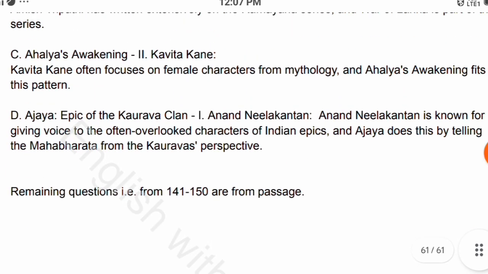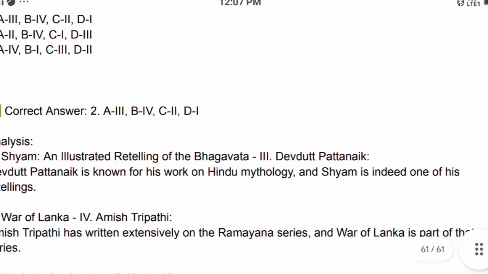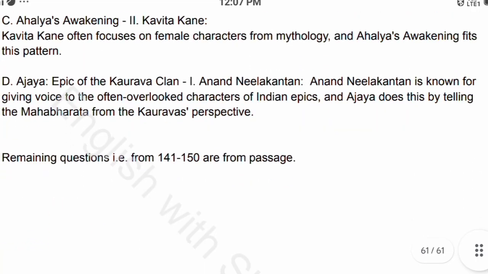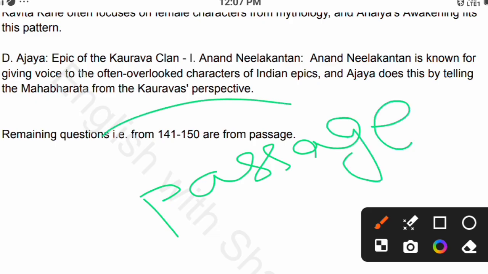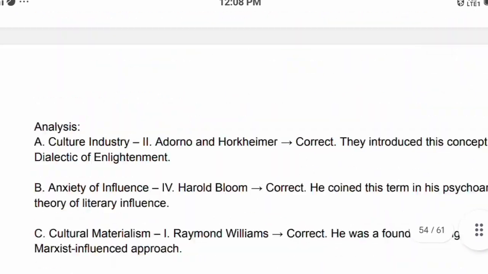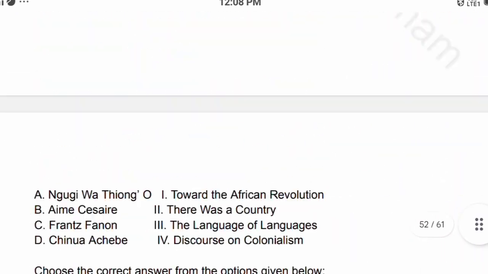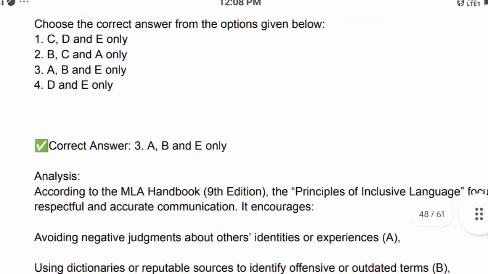Okay, so 140 questions we have done. The remaining questions, 141 to 150, you know, are based on passages, so that is why I have not brought them. I have mentioned here that the remaining questions, from 141 to 150, are passage questions. So no need to solve those now, but you have to practice passage questions. And till the time I bring the next June 2023 paper analysis, do prepare well,